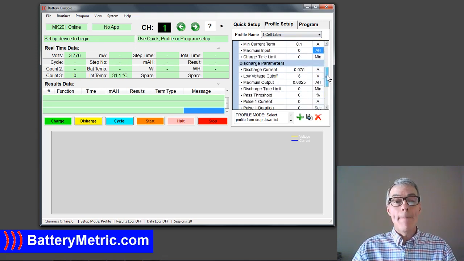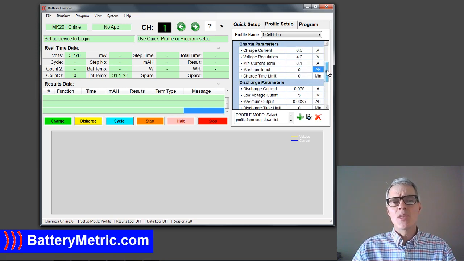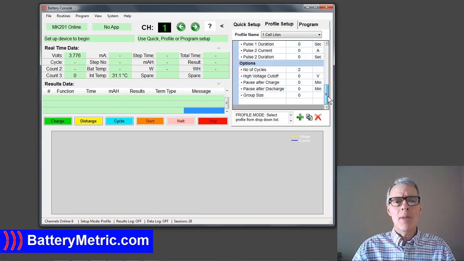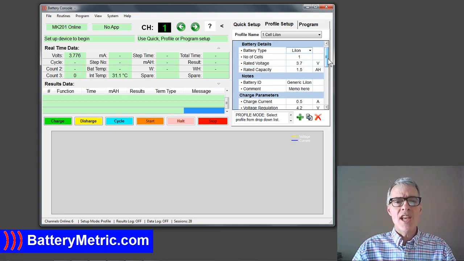So you'll notice that as you change battery types. We're going to do a charge on this one, so we don't need to set any of the discharge parameters. I'll show you a discharge on another channel, but let's just begin this session now. We'll load these values in by selecting charge,